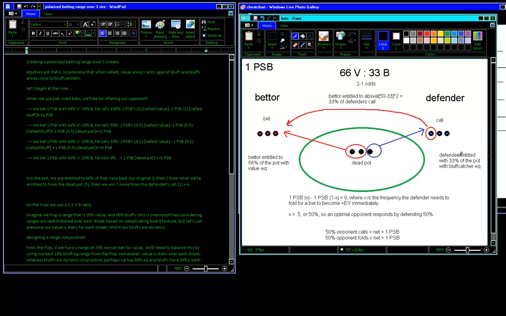Whereas the defender is entitled to 33% of the pot because he's going to be bluff catching at the correct frequencies, which allows him to take 1/3 of the pot back, which is going to be compensation after we give him an incentive to call in the first place. Okay. And then this last chip right here, or this last third of the defender's call size,